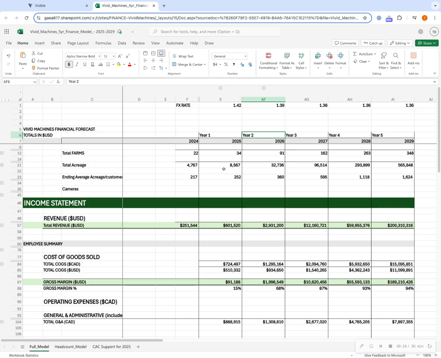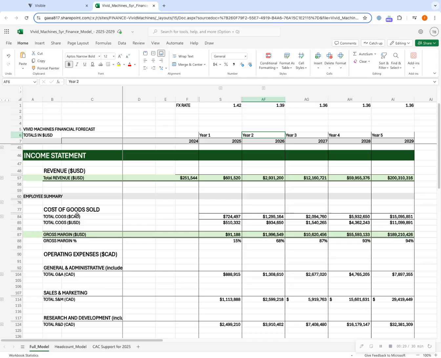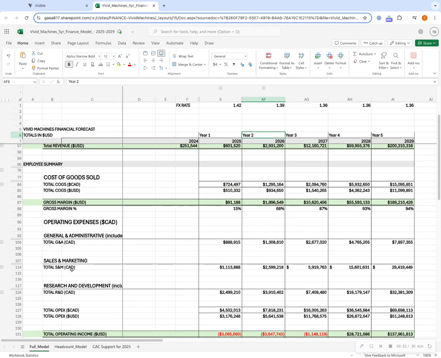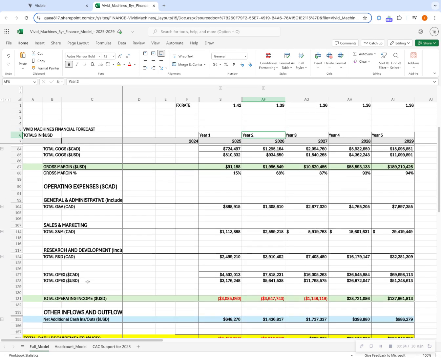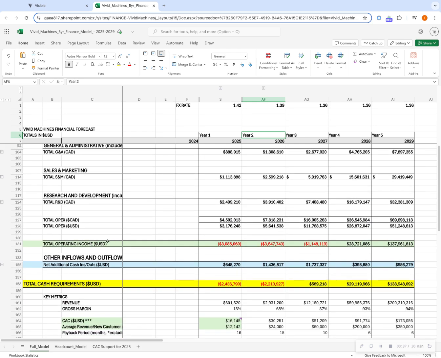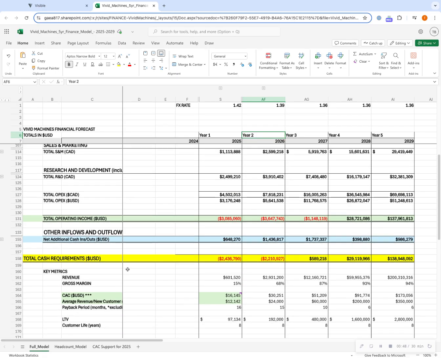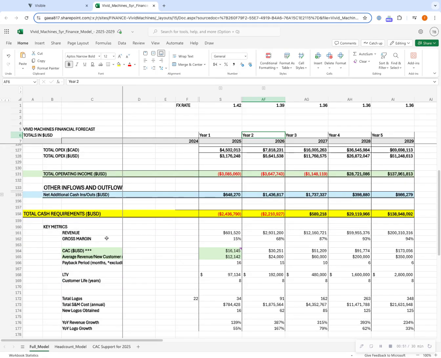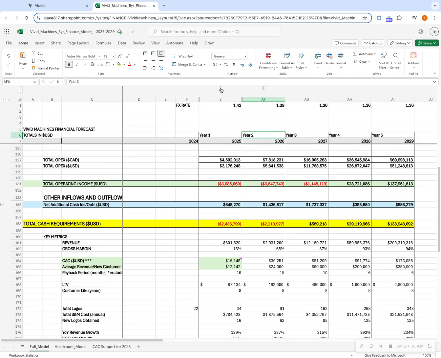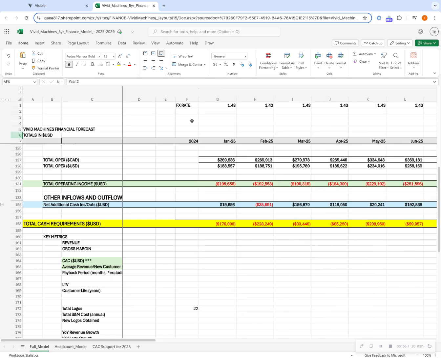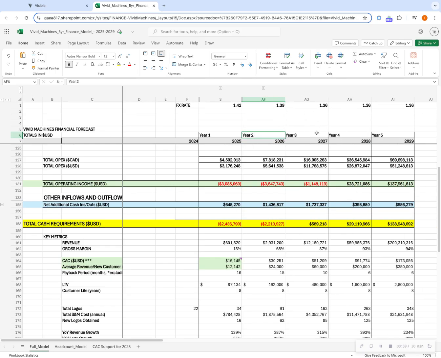So the Vivid Machines 5-year forecast model begins with a P&L structure with revenue, COGS, and operating expenses, and it accommodates cash inflows and outflows outside of operating income here. These other inflows and outflows include non-dilutive grant funding inflows and outflows and capital expenditures as outflows. It should be noted as well that 2025 and 2026 can be viewed monthly,